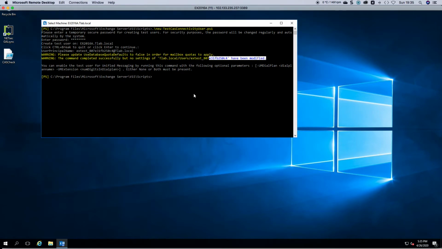Obviously, I was just too quick for Exchange, was too quick for Active Directory. So as you can see, that account is now there. You can change its password to whatever you want to change it to, and you can use this in your